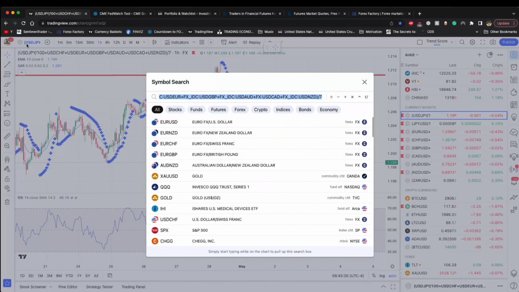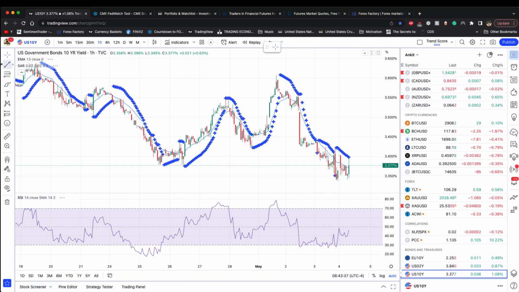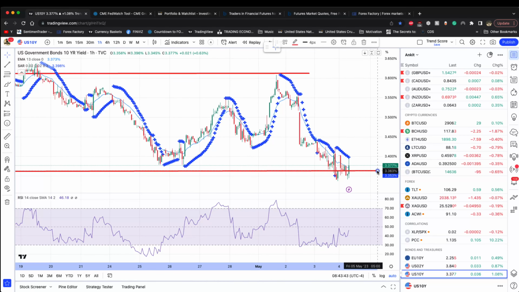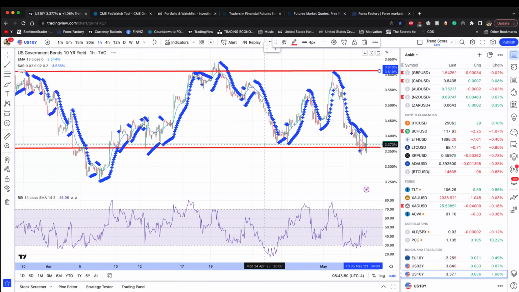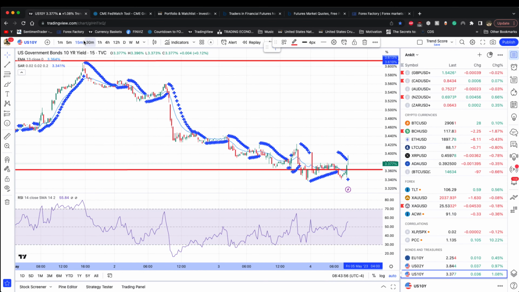Let's take a look at what the bond yields are doing. So we had the Fed yesterday, which decided to raise rates, but they were not as dovish as you would expect. They didn't say that this is a halt. They said we'll decide in the next meeting. But that's not the point. Point is what the price action is doing. As you can see, with the bond yields, we were expecting a bigger break. They did not break. But at the same time, they're not rallying either. So it's a bit of a no man's land.